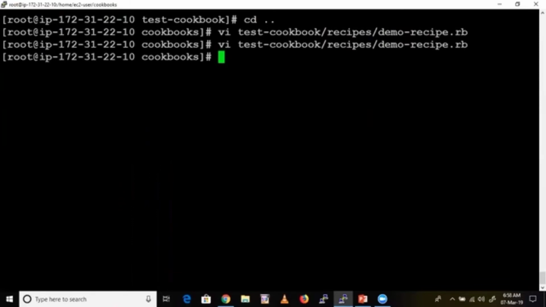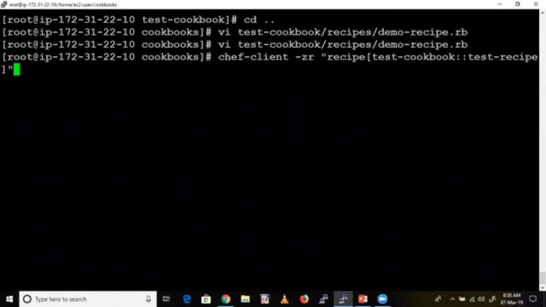Because see here, that chef-client command is there, right? This command you have to run from this level only. That's why, every time going inside and coming outside is a headache, right? That's why here also we are giving the path. While creating the recipe only, we are going inside that particular cookbook. That's it. So let's run this one: chef-client -z. Now what is my recipe name? The cookbook is the same, but the recipe name is demo, right? So let's change the recipe name to demo-recipe. Make sure you do not give .rb here. Why? Because we are already mentioning recipe here. Now enter.